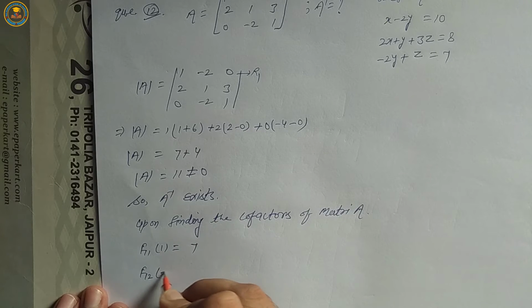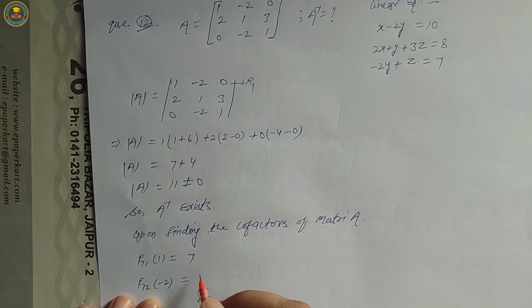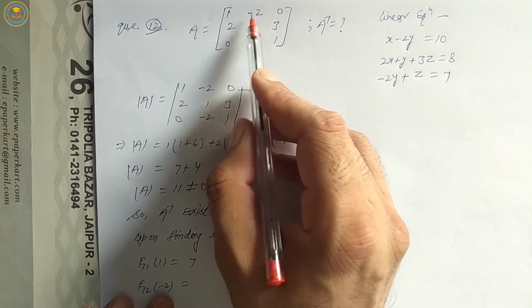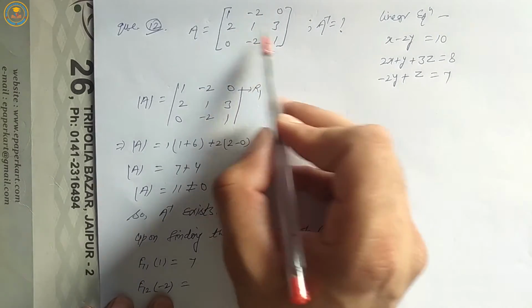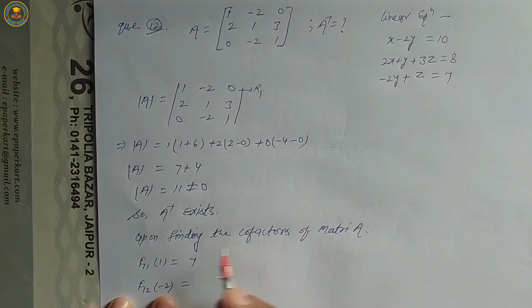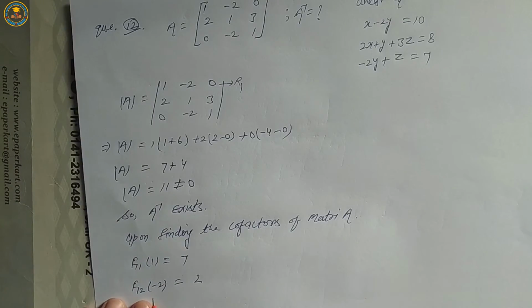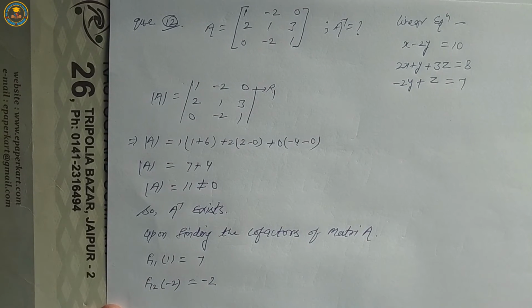F12 over minus 2, the cofactor of element minus 2, is equal to, leaving the corresponding row and column of element minus 2, 2 into 1 minus 3 into 0, that is 2 minus 0, 2. Okay, but 1 plus 2 is 3, an odd number, it means negative sign. Okay,